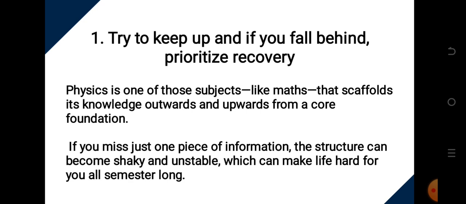That is why when we teach students in class, we always want the students to have full concentration. A student that does not concentrate fully in class will not be able to get the full concept of topics, because if you miss any of those concepts as the teacher is teaching you in class, it will make your foundation shaky as far as physics is concerned.